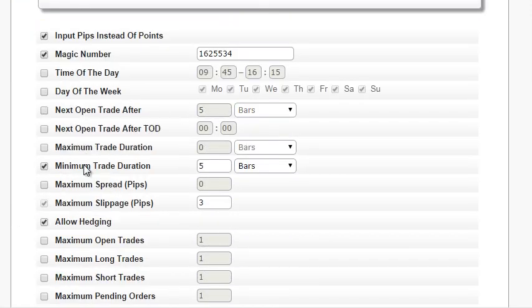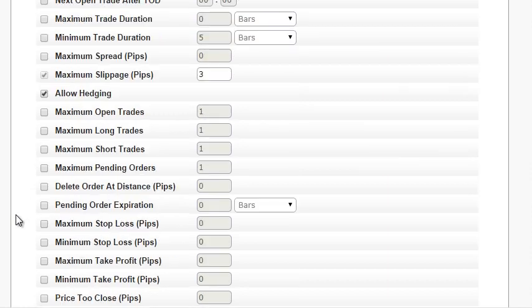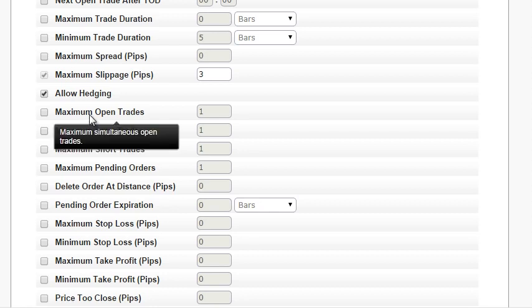We don't want to open a trade for every bar as long as the condition is met. Therefore, we will limit the maximum open trades to 1. It will not open a new trade before the position is closed. Copy the source,